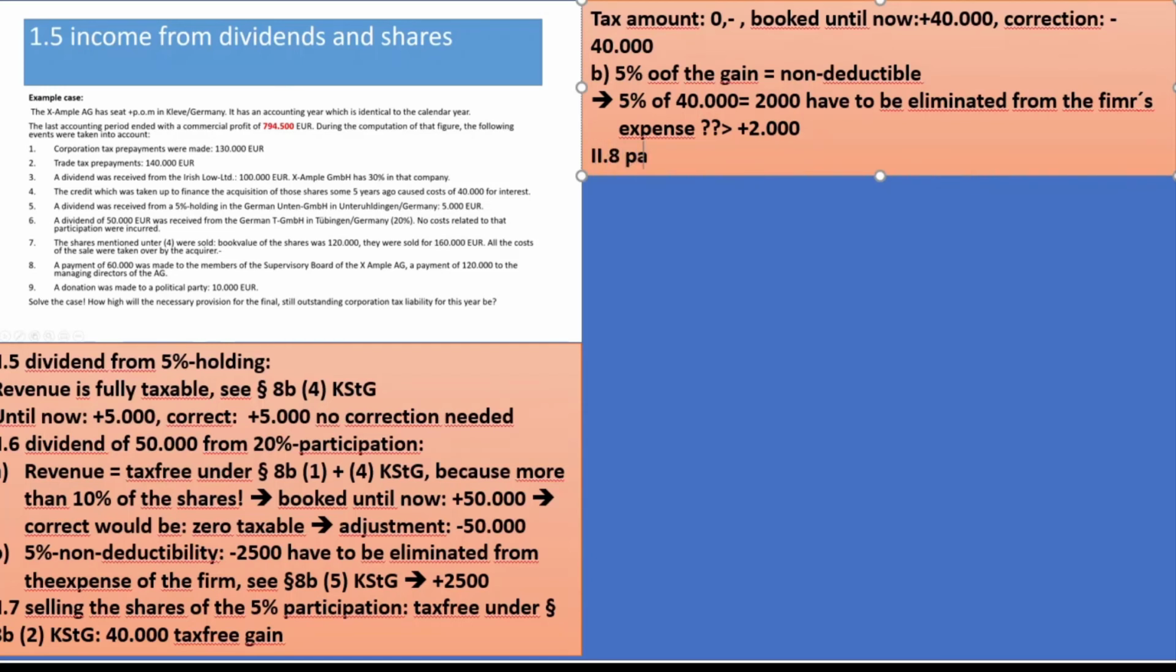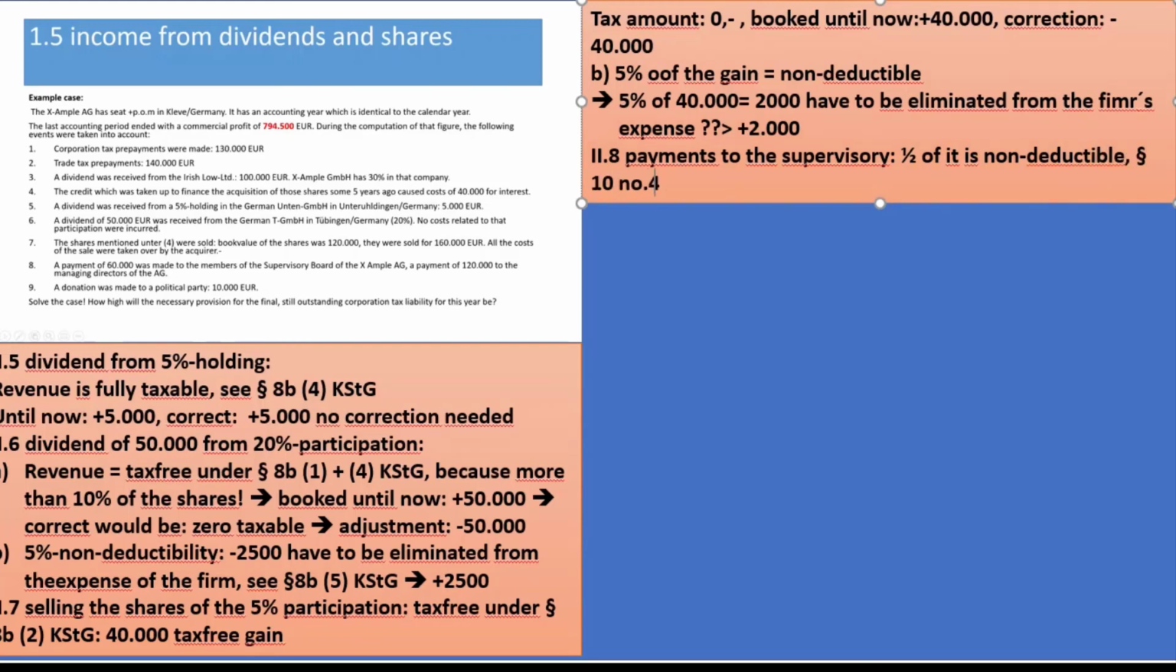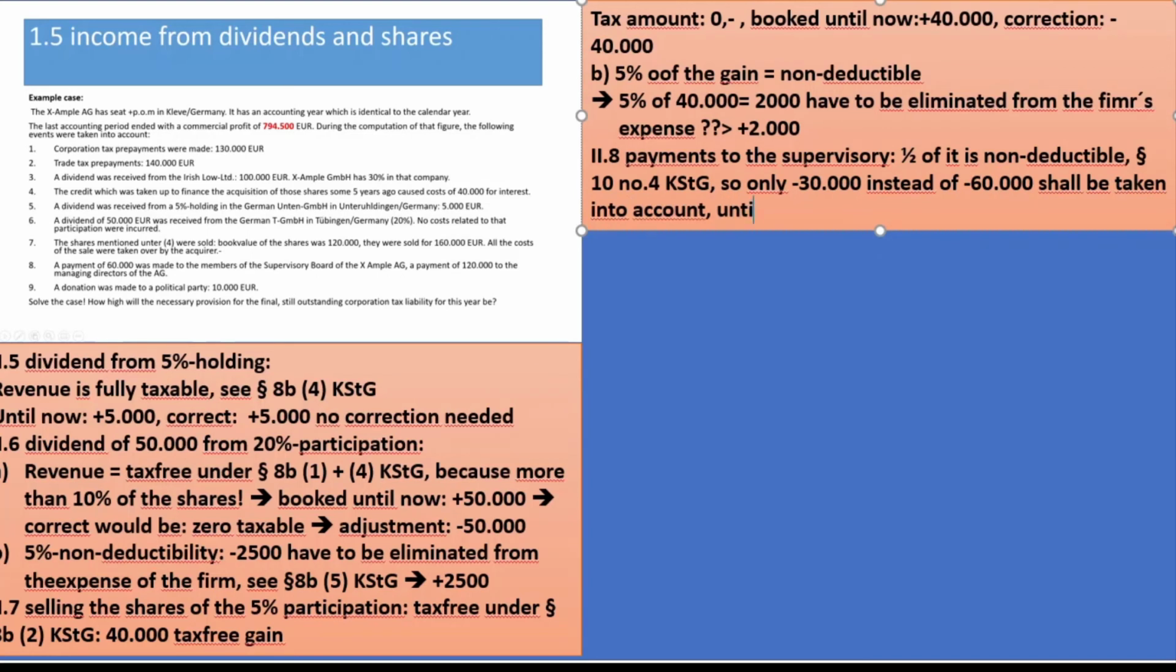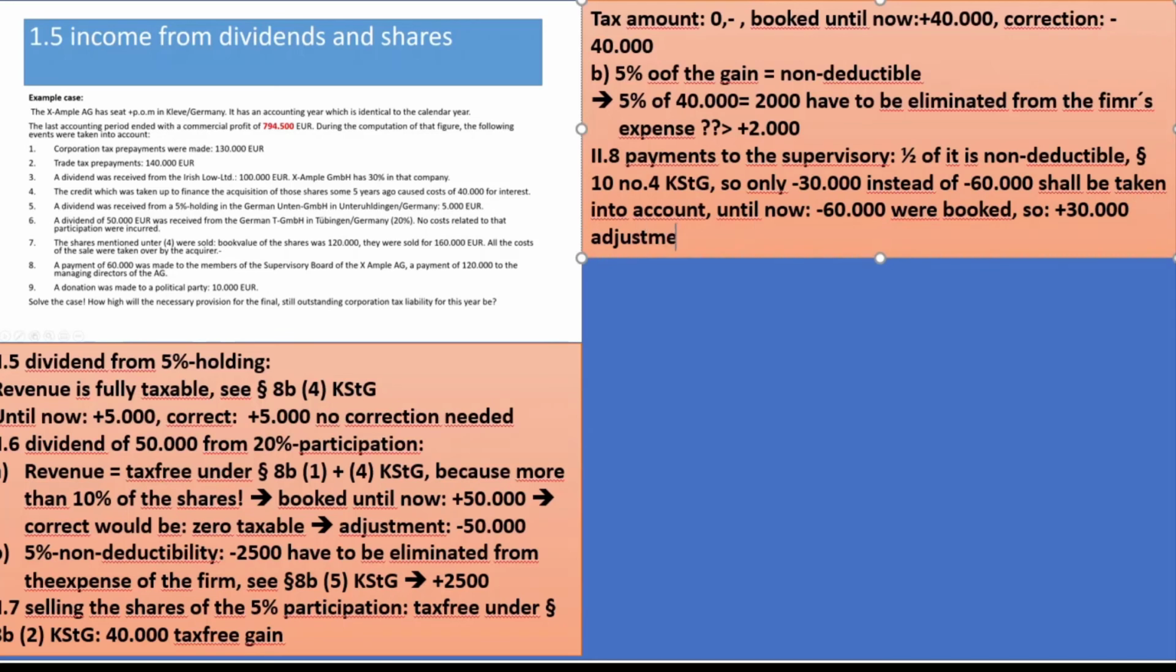2.8, payments to the supervisory board. Half of it is non-deductible. You remember that paragraph 10 number 4 KStG. So only minus 30,000 instead of minus 60,000 shall be taken into account. Until now, minus 60,000 were booked. So plus 30,000 adjustment,